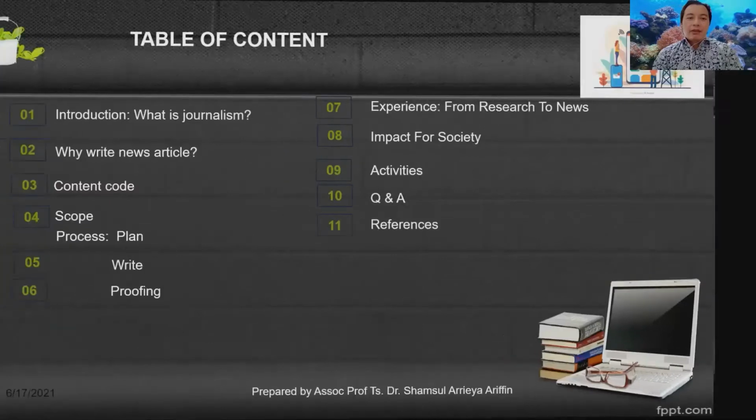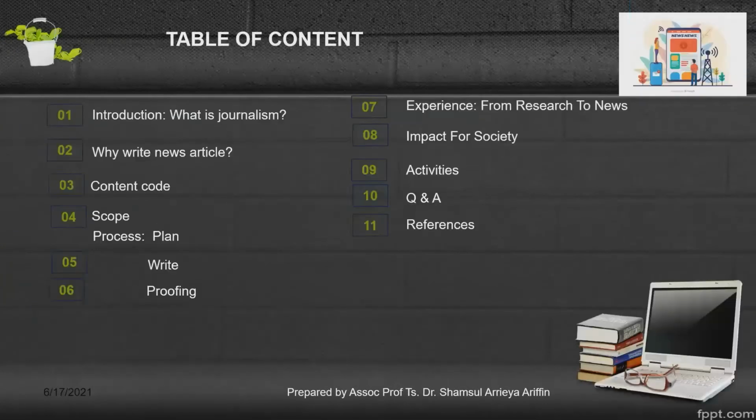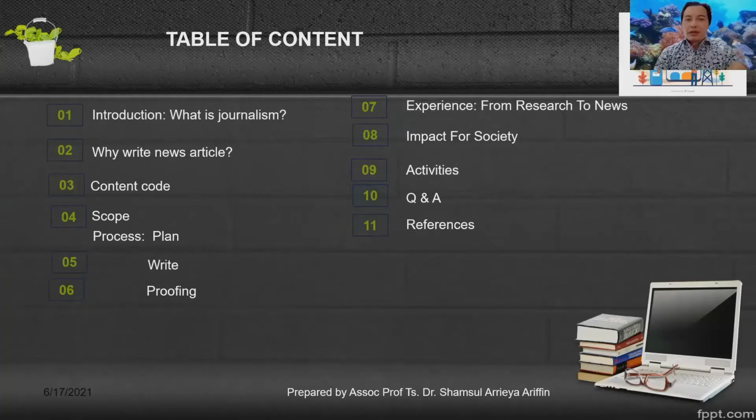Okay, this is the table of contents. Basically you can see from this table of contents, because once you say you are writing an article, or journal article, sorry, not journal article, because this is actually writing a newspaper article. This is not like you write your own journal where you have the construct of this journal article. But over here in the news article, you also have some sort of guidelines,